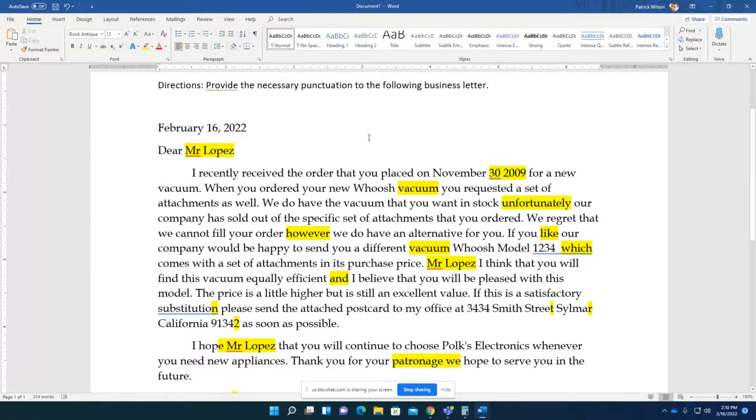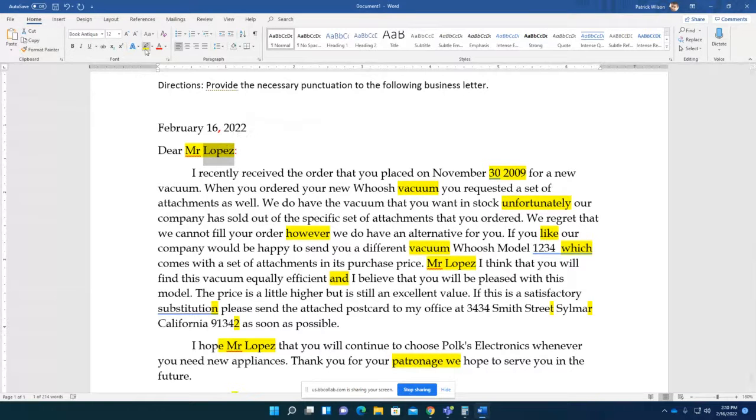Now, if you look down below where it says, Dear Mr. Lopez, there's actually two things going on. Because this is really a formal business letter, you might have seen it with a comma after the name, which is okay if it's a little bit more informal, meaning maybe you know the person, it's a colleague. But in this case, we're going to assume that we don't know Mr. Lopez on a day-to-day basis. So what you're going to need to do there is put a colon, the two dots,